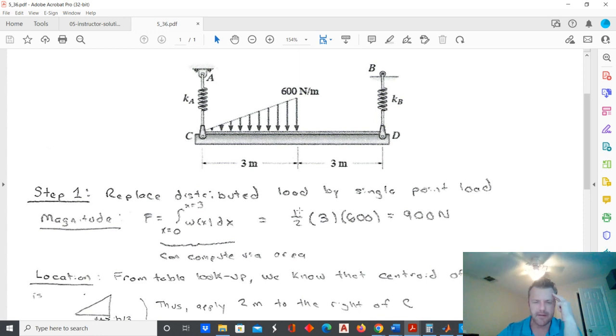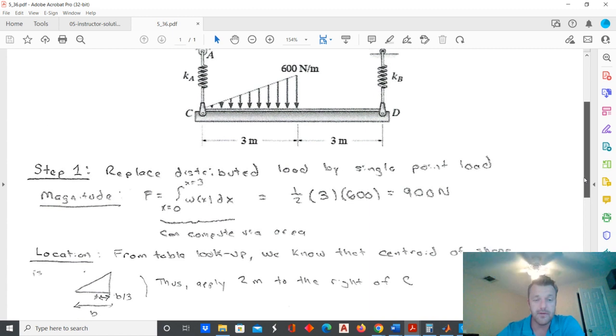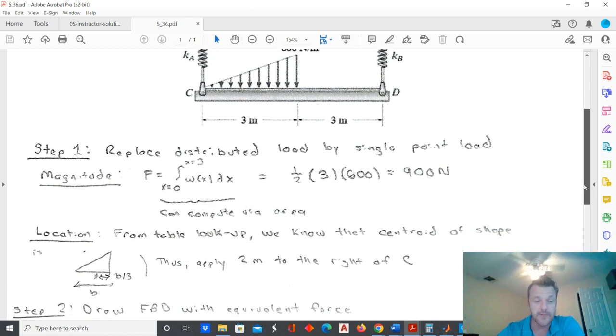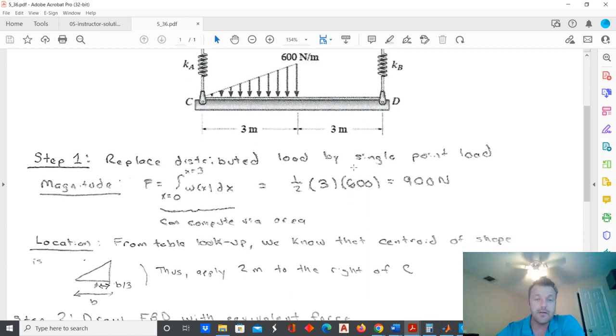So that's where I'm getting these numbers here. The 1/2 times the base, 3 meters, times the height, 600 newtons per meter. Of course, when I multiply something in meters by something in newtons per meter, the result will be in newtons. But this is just a formula for the area of a triangle. And what that's allowing me to do is integrate my density function and find the magnitude of my equivalent single force. The next thing that I need to do is determine where I would actually apply this force,